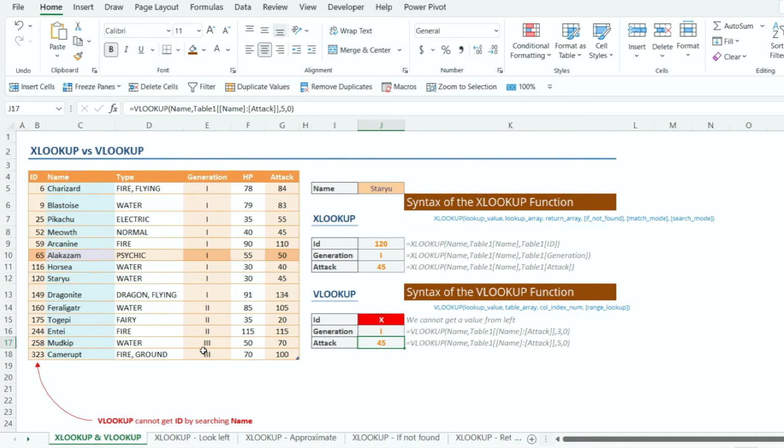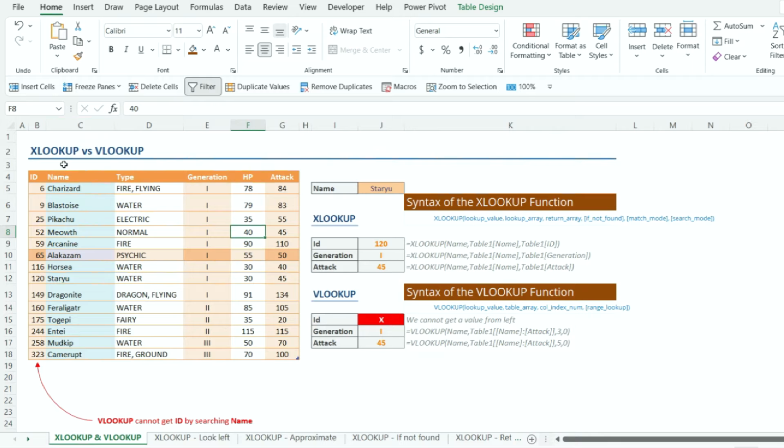Another thing before we start: we all know that with VLOOKUP, you look up to the right. And with XLOOKUP, you can even look up for generation and look up to the left. That is the bit of it. So stay around with me until the end of this video. We are going to look through all what I've told you and all the differences. At the end of the day, you'll have to vote out what is better for you, VLOOKUP or XLOOKUP.